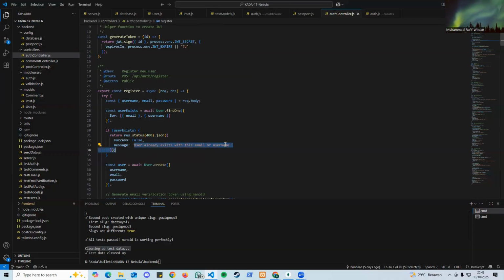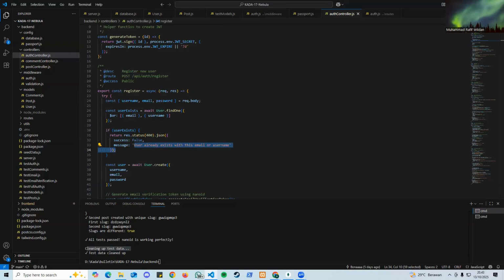Karena tersimpan di skema bahwa email itu harus unik, apabila ada pembuatan akun baru dengan email yang sama, akan muncul message bahwa user already exists yang menunjukkan bahwa ini tidak bisa diregister untuk email yang sudah ada.